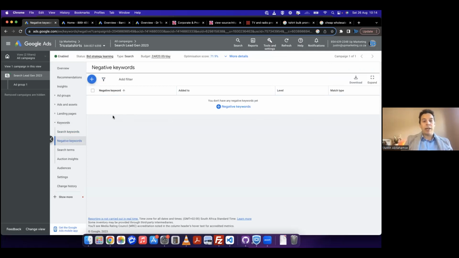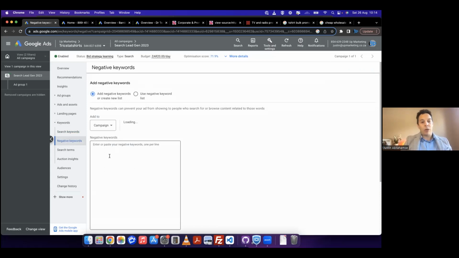Negative keywords are keywords that we include so that if this specific keyword is included in the search word, our ad is not shown on Google's network. So some of these keywords could be, as an example, job. If people are looking for t-shirt promotion jobs as an example, but we didn't include a negative keyword for jobs or job,